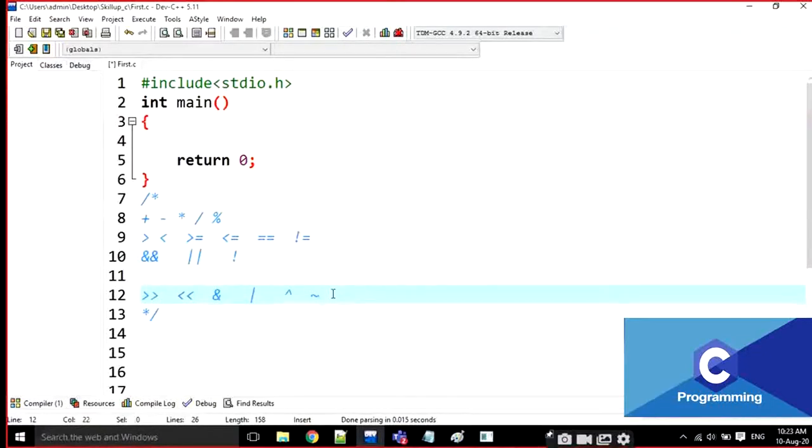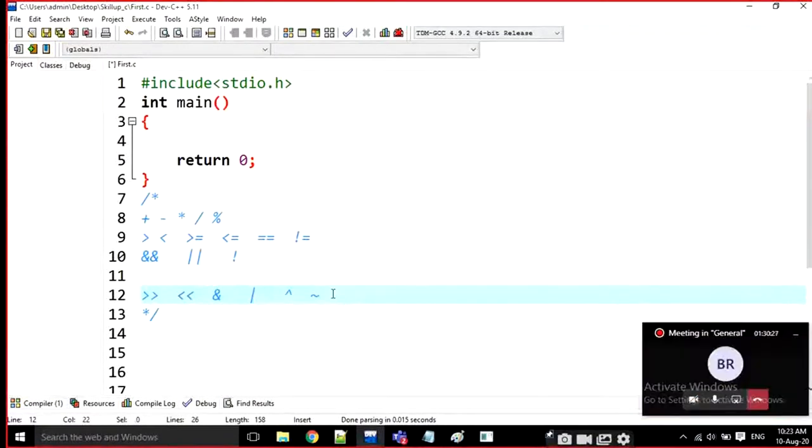Note down all the operators. What are the different types? Arithmetic operators, relational operators, logical operators, and bitwise operators. There are 4 types of operators here. Most of all the operators are the same, but